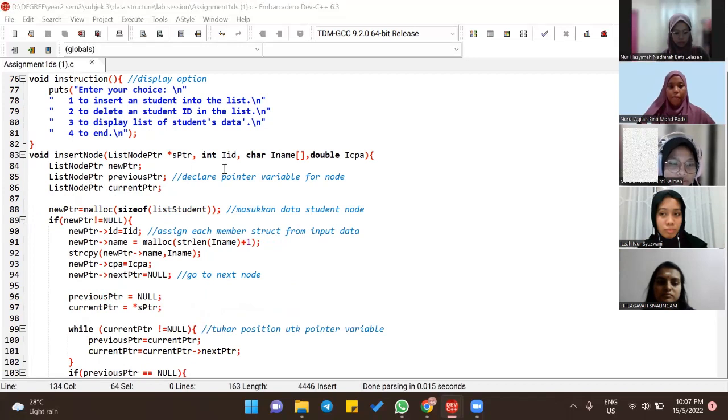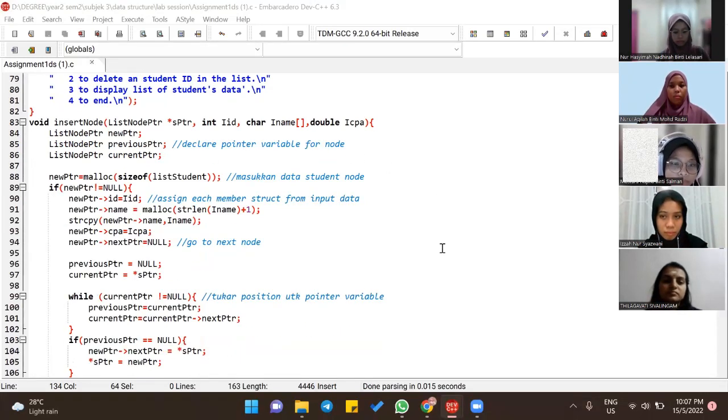Next, the insert node function will receive SPTR, IID, INAME, and also ICPA. From line 84 to line 86, we declare the pointer variables for the nodes. And for line 89 until line 94, it will input student data into the nodes,